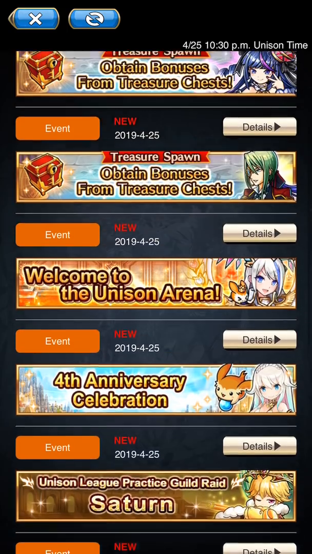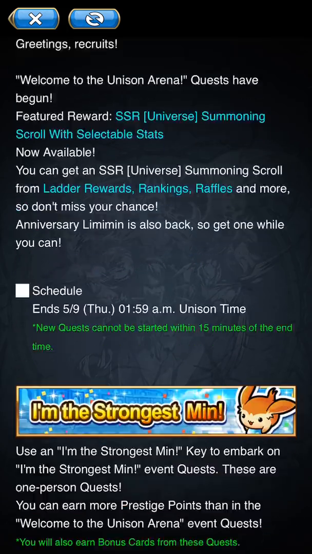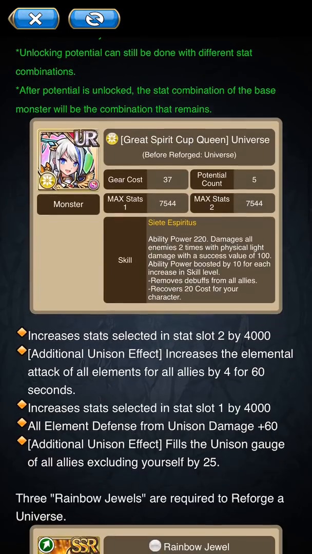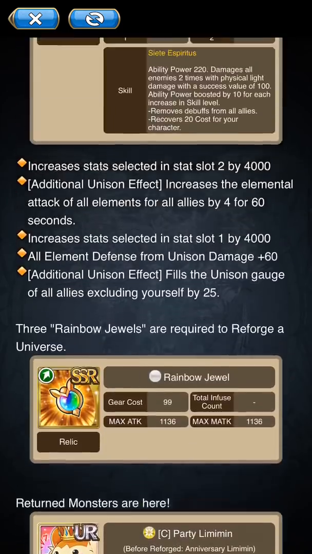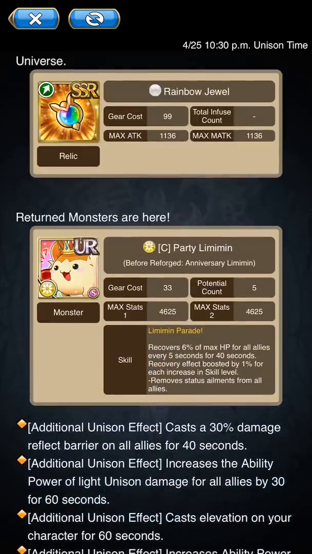So moving on from there, we have welcome to the Unison arena. This is not an arena, it's actually going to be a player versus enemy mission. Okay, so right here we have some featured gear. Pretty much what's going to be really featured is a few monsters, and they're bringing back one monster, the party